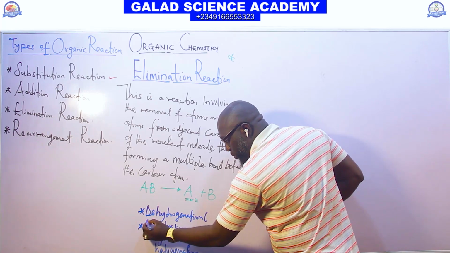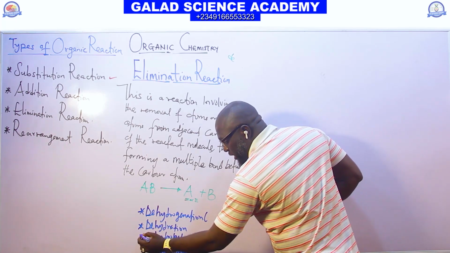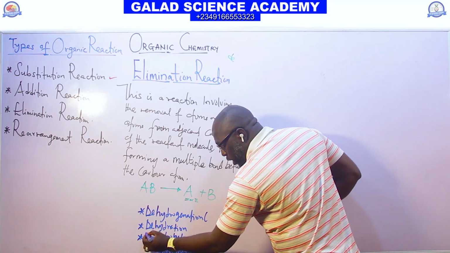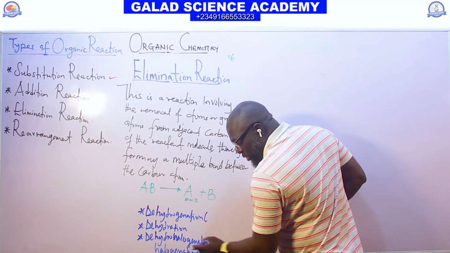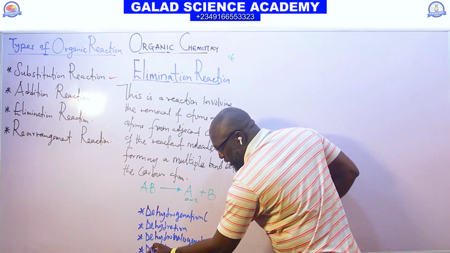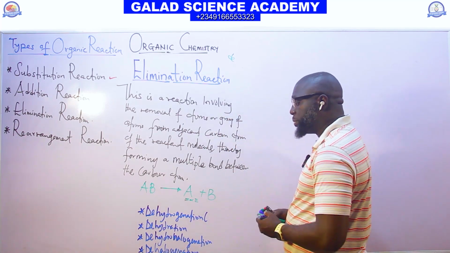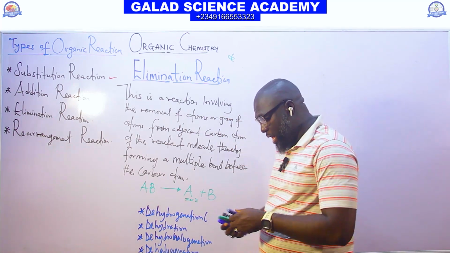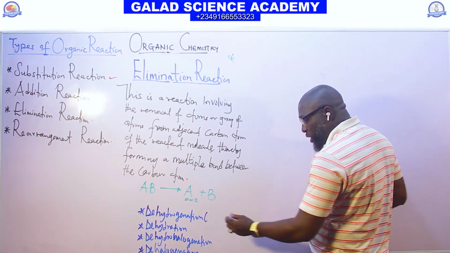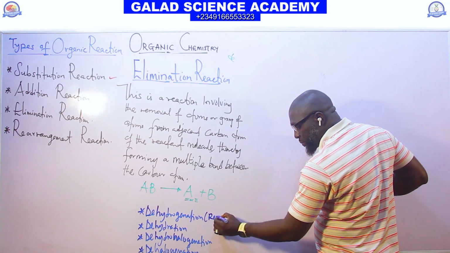dehydrogenation. This one will become dehydration. This one will become dehydrohalogenation. This one will become dehalogenation. The prefix "de" means to remove. That is, you can put it here. This one means removal